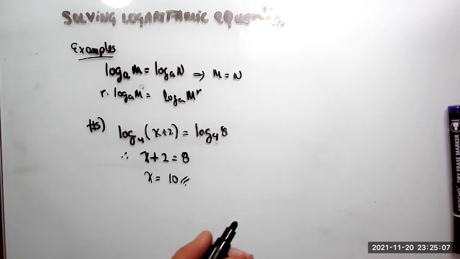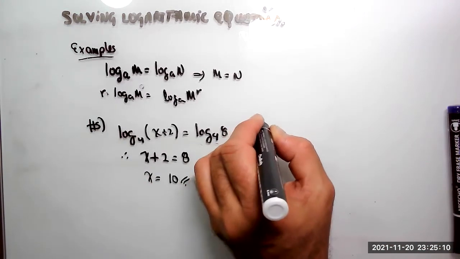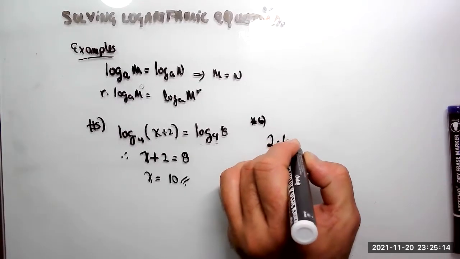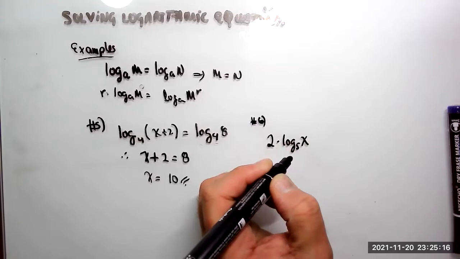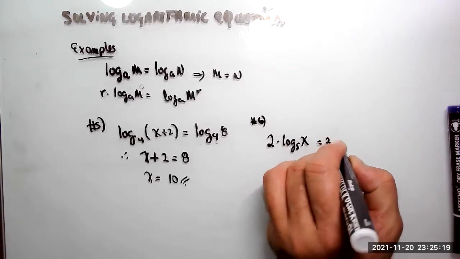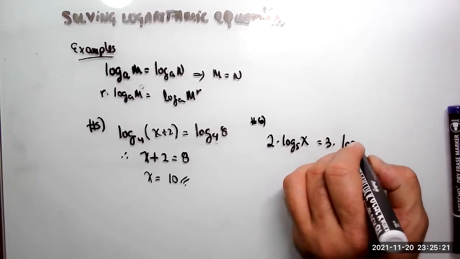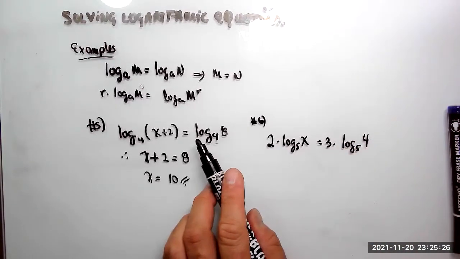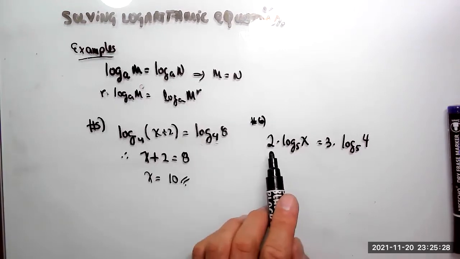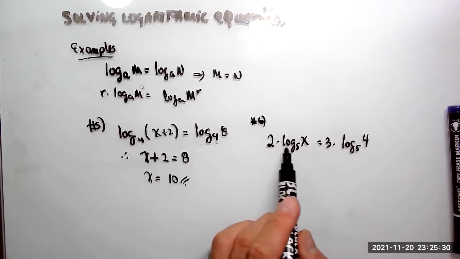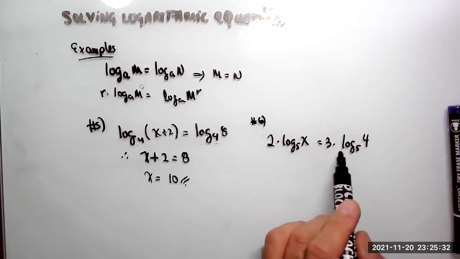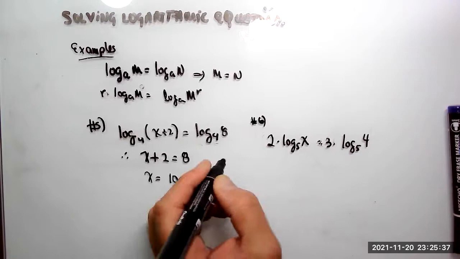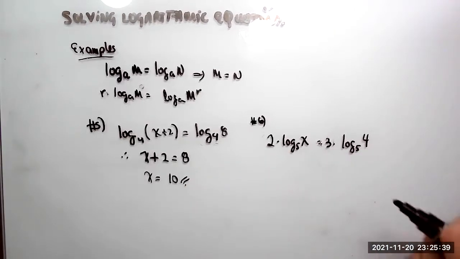Example number 6 would be an extension of number 5. If I have 2 times log base 5 of x equals 3 times log base 5 of 4, notice, of course, that we can bring that exponent using the power rule. These 2 can be brought as an exponent. Likewise, this 3 can be brought here as an exponent. So what do I have? As per the power rule,